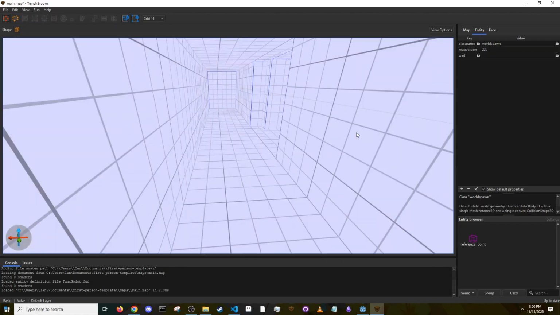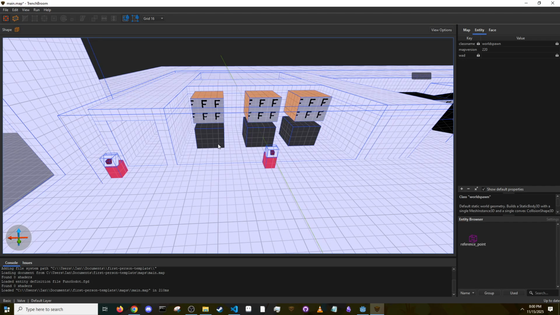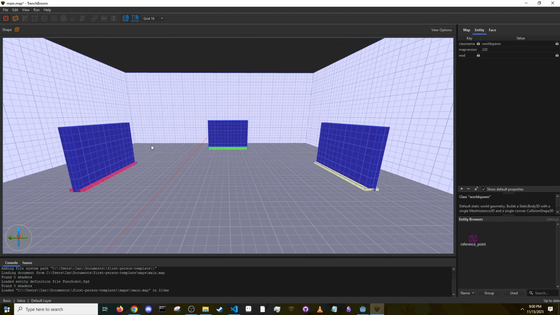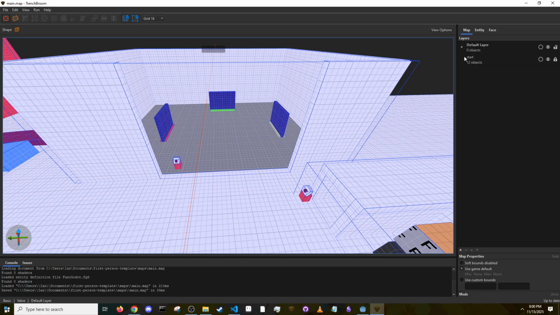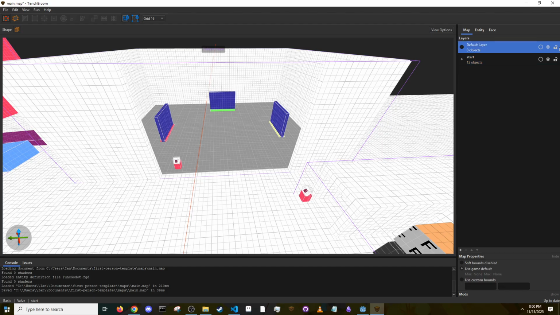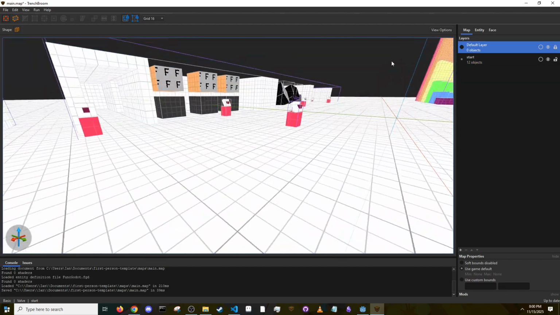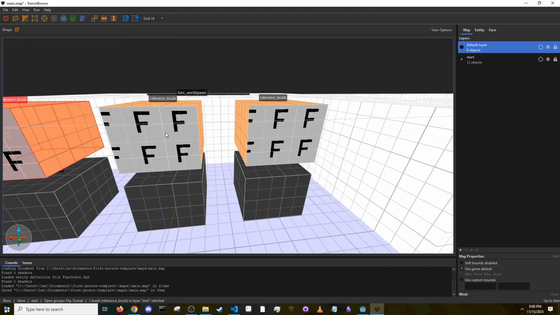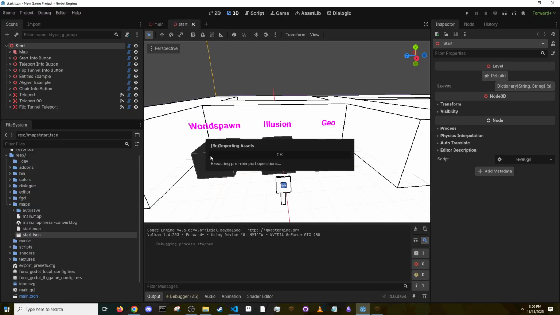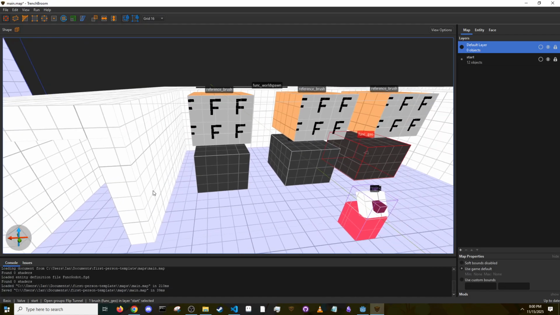So let's talk about the other 3 entities. Reference brush doesn't show up at all for the camera, but it's there, hiding in the background, able to be used for positioning and sizing. Here we've got more reference brushes right above our cubes. These represent text, right? They show where the text is. I'm going to show you how to get all of that working, but first let's talk about our 3